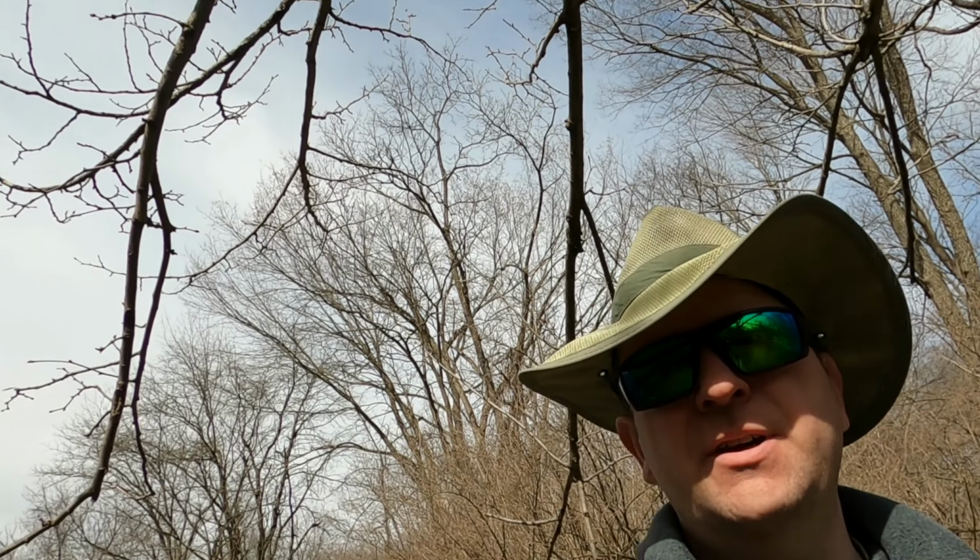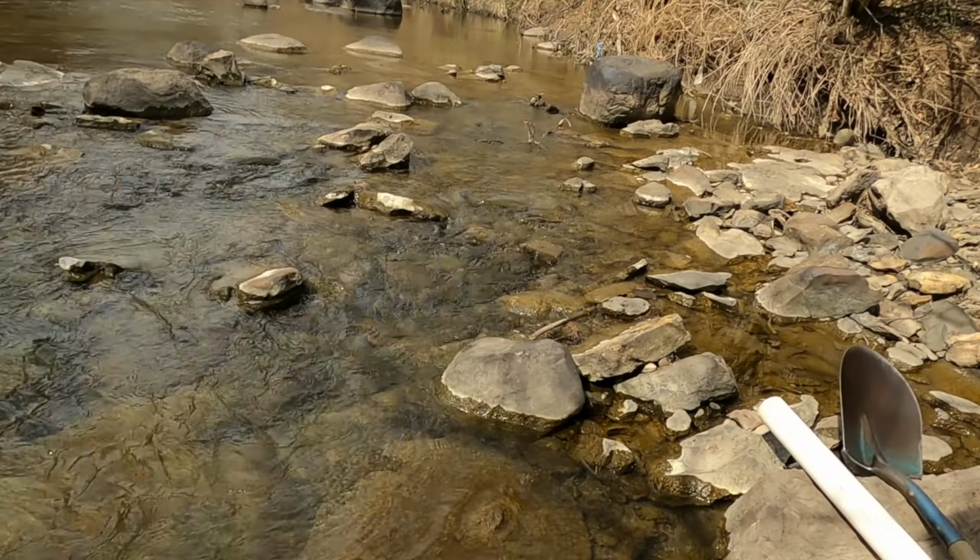Alright, so I ventured a little ways up the creek and I've come across some bedrock. And finding bedrock in a creek in Iowa is somewhat unusual. Most of the creeks in Iowa are filled with soil and muck, so to be able to see bedrock is pretty cool. And what I'm looking at here, turn you around,